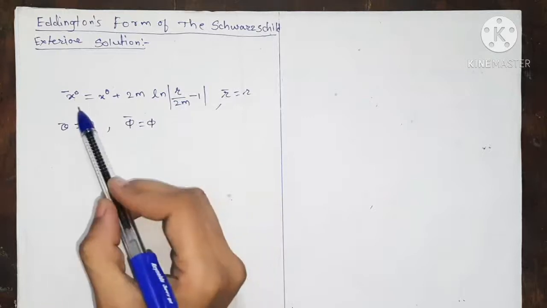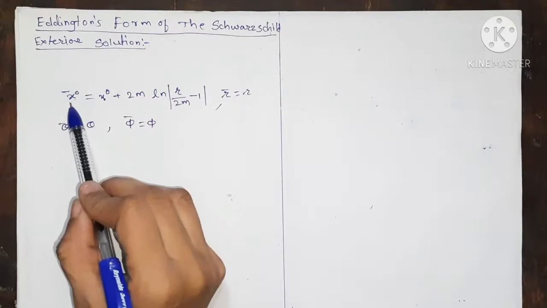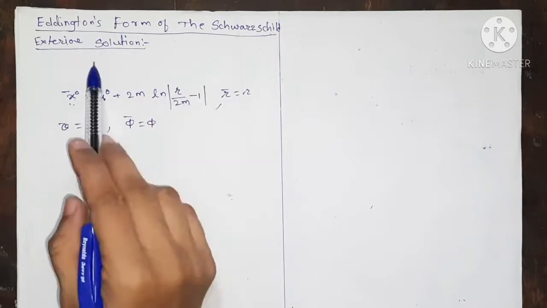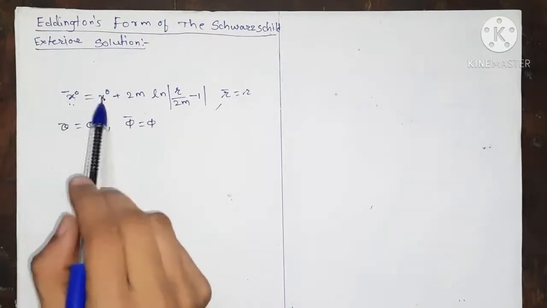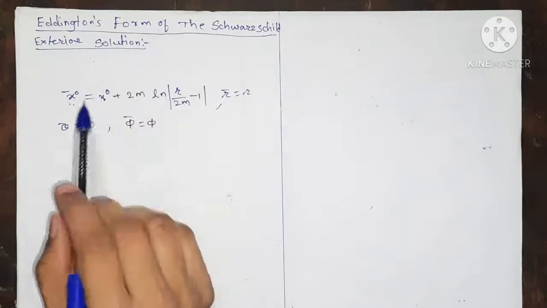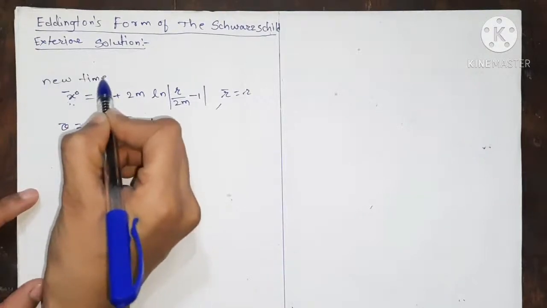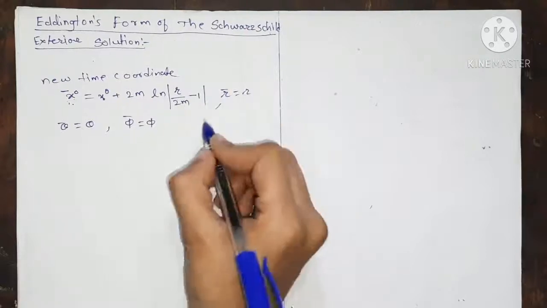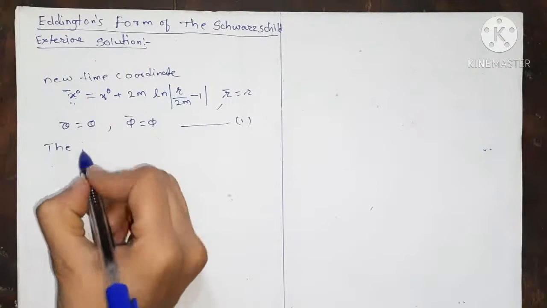So we are only transforming the time coordinate x0 into the new time coordinate x0 bar, and the transformation in the Schwarzschild exterior solution. After substituting this time coordinate, we get the Eddington form of the Schwarzschild exterior solution. Okay, so this is our new time coordinate. We give this as equation number 1, and the Schwarzschild exterior solution is given by